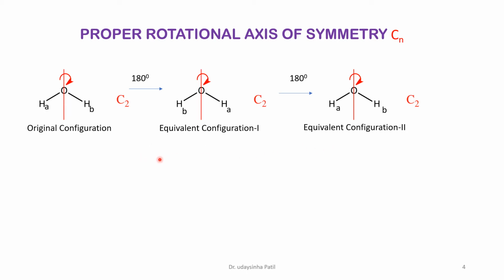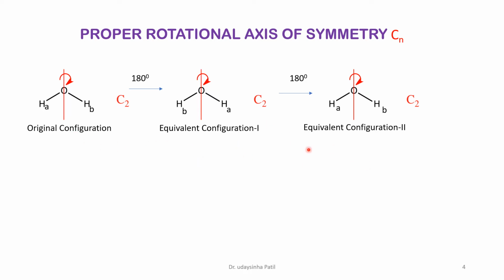How to calculate the 2? n is equal to 2. n is the order of rotation, the order of the proper rotational axis of symmetry, Cn. Therefore C is the cycle of rotation for the axis, and n is the order of rotation of the axis, and n is calculated by dividing 360 degrees by 180 degrees. Therefore 360 divided by 180 is equal to 2. Therefore the axis is called the C2 axis, the C2 proper rotational axis.